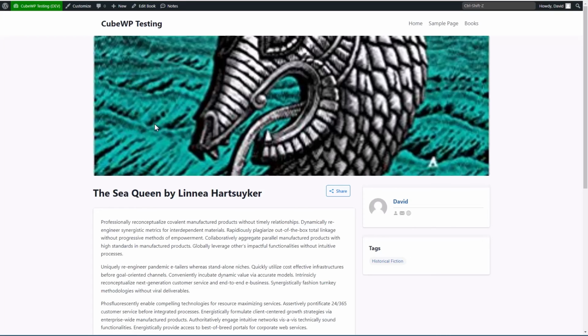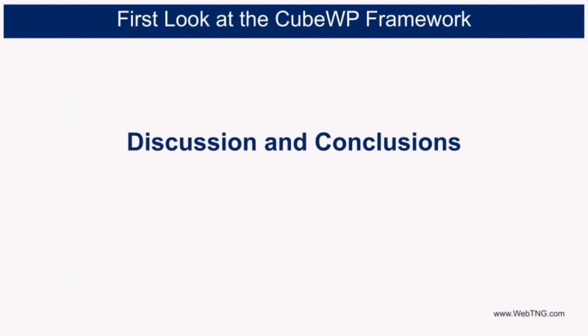So if you have Elementor Pro, maybe that's not too big of a tragedy because you can turn off the CubeWP single and archive versions and use the Elementor Pro theme builder, because CubeWP has that integration with the dynamic data with Elementor, so the custom fields are available there. So that's a walkthrough of looking at the new CubeWP framework.